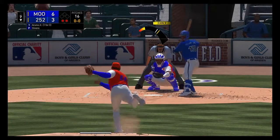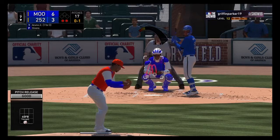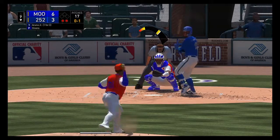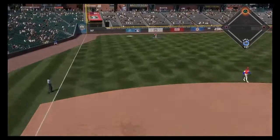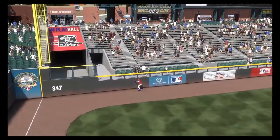Pitch on the way. And a strike called at the knees. 0-1. You know, guys, sometimes guys don't like pulling the trigger. Here's a huge swing by Acuna and a drive to deep left. And we'll